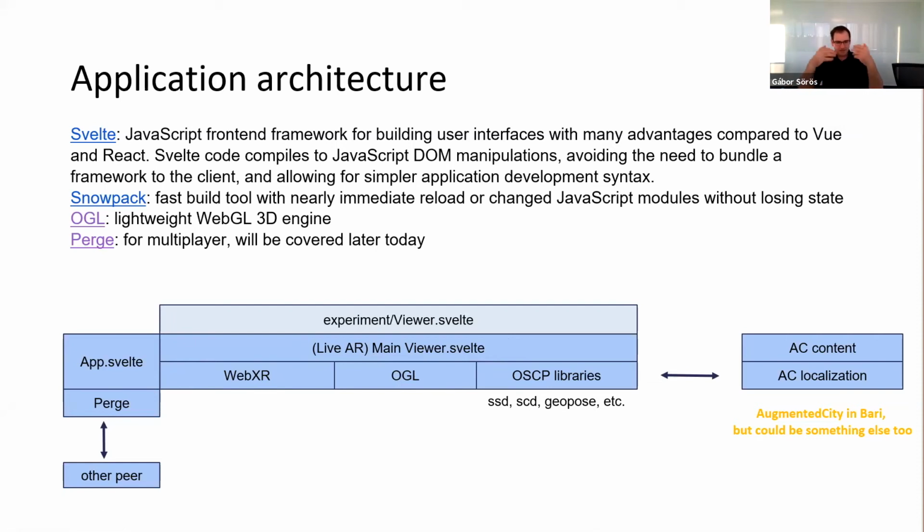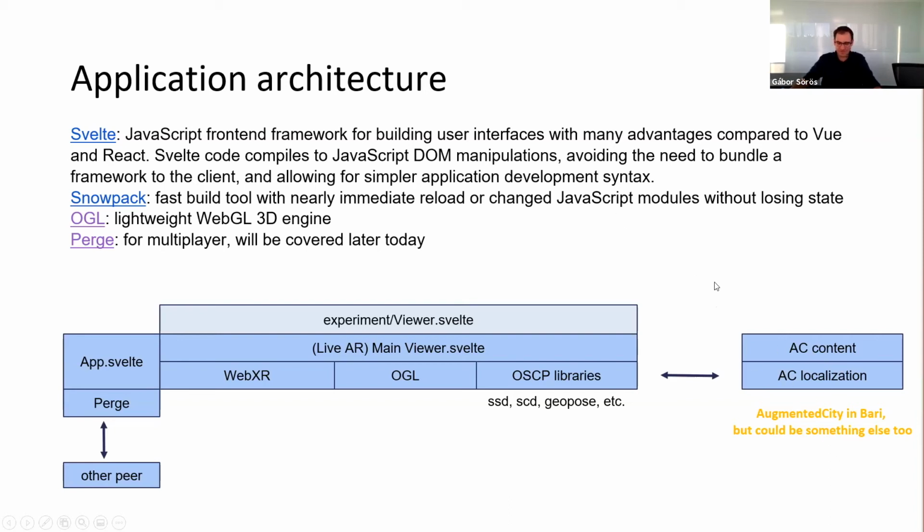And on top of that, we try to make it very simple to create new experiments, where you have only a simple API of something like four or five methods that you need to implement in your experiment, and then you can use this client and extend it further. And for this tutorial, we use AC for Augmented City for localization, and also the same for content services. But anything else could be here on this other side.